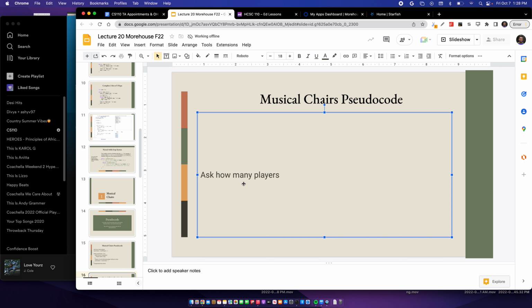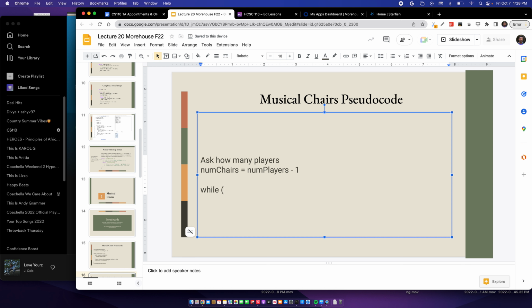So like if we were to write out the pseudocode, it would be like, ask how many players, so like number of chairs, what is number of chairs equal to? So it'll be based on the players, right? So like let's say we had a variable for num players. Players minus 1. Yeah, so it'd be like num players minus 1. And then